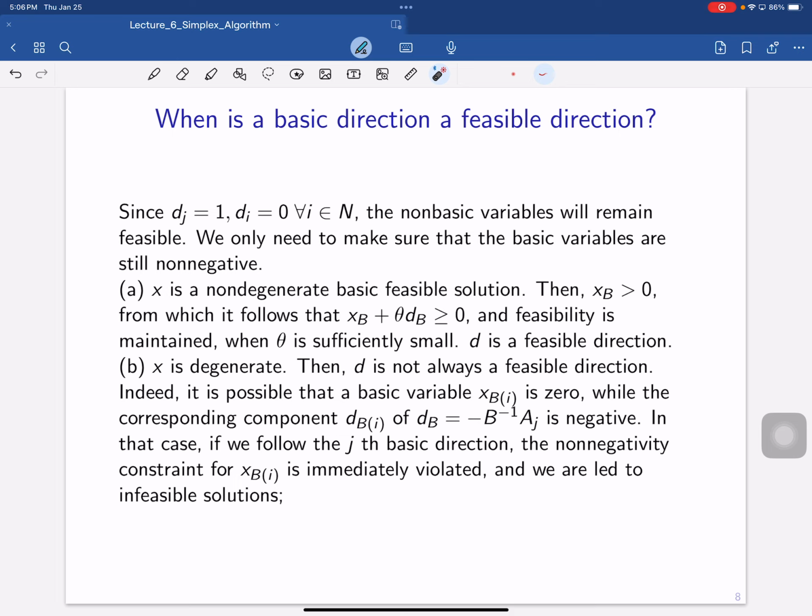Okay, so we are not going to talk about degeneracy in detail in this class. We just assume all the problems are non-degenerate. Yes. I'm sorry, what is meant by x is degenerate? So to remind you the definition of degeneracy. Degeneracy means